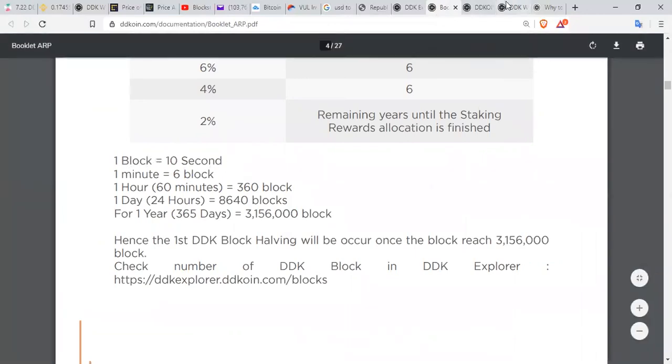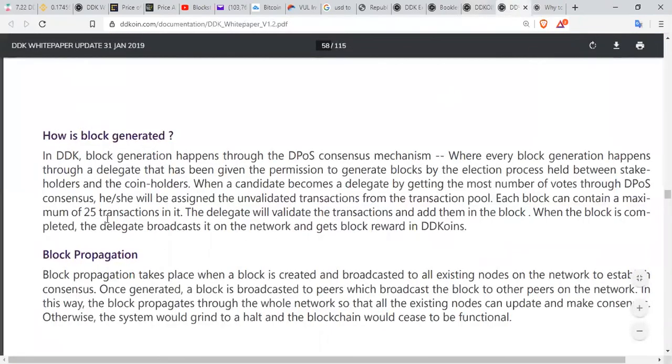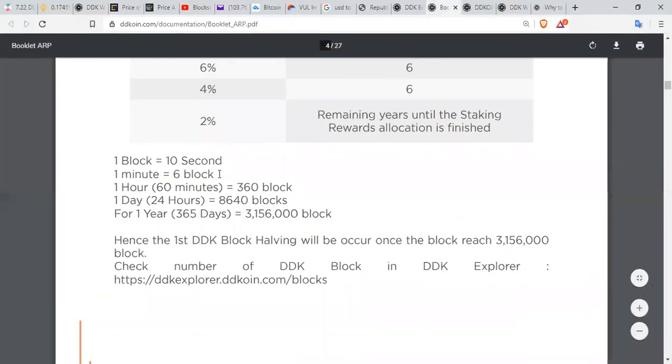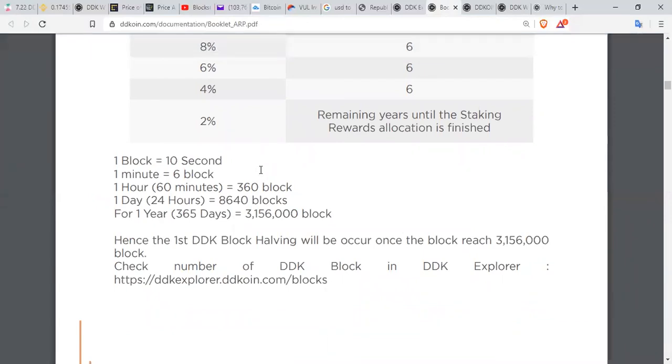So if one block has a maximum of 25 transactions, and one block takes 10 seconds, meaning ang capability ng blockchain na to is to create one block containing 25 transactions every 10 seconds, meaning every 1 second the DDK blockchain can actually generate 2.5